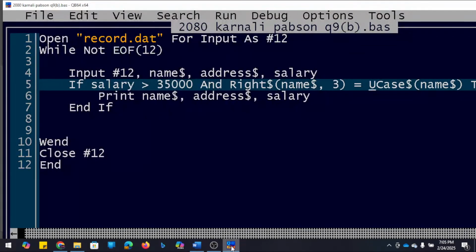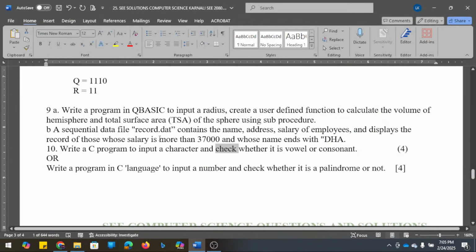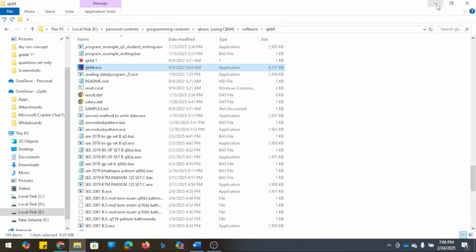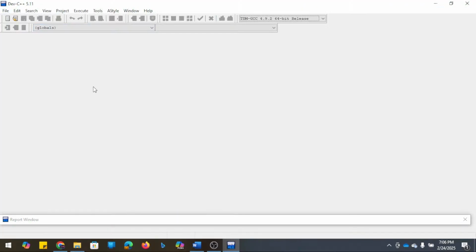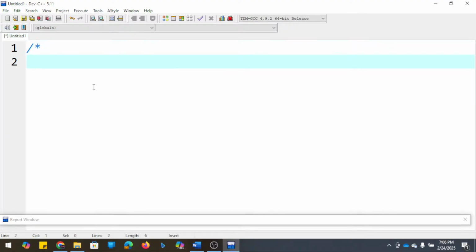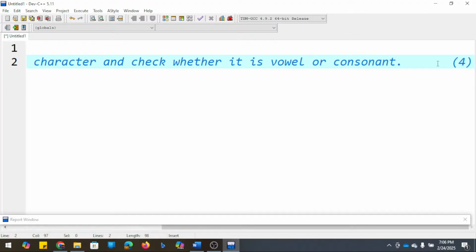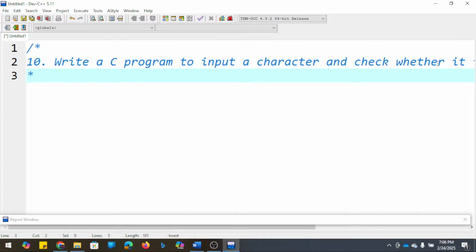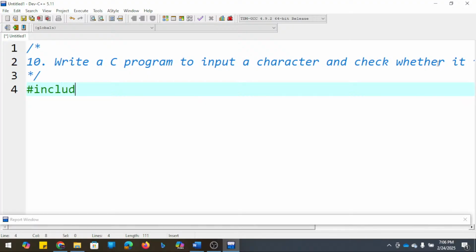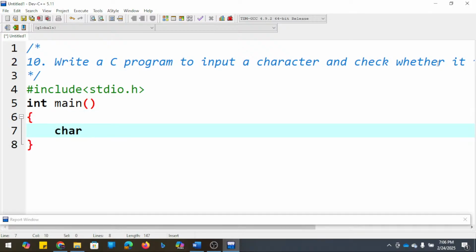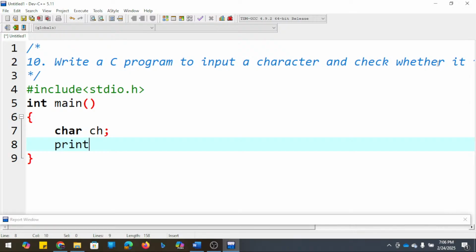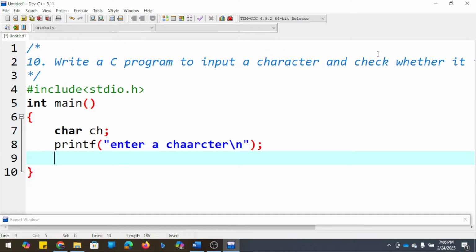Yes, let's go for number 10. Okay, we have to input a character here.